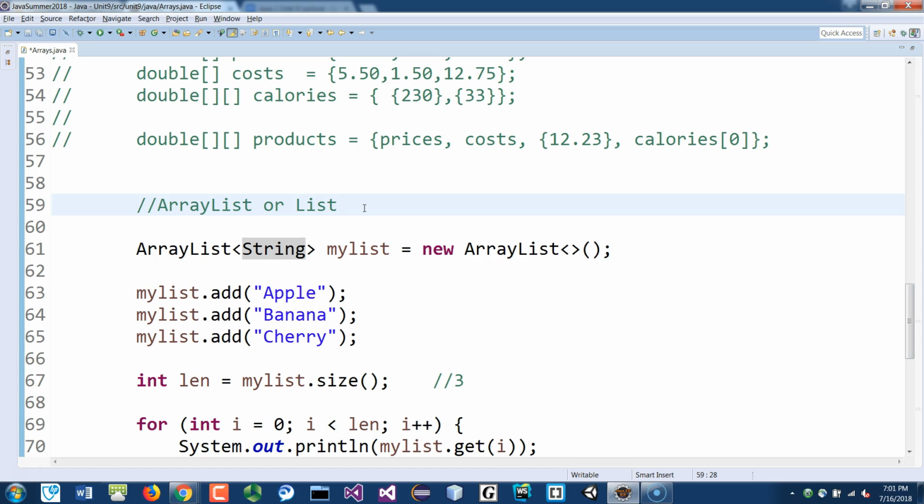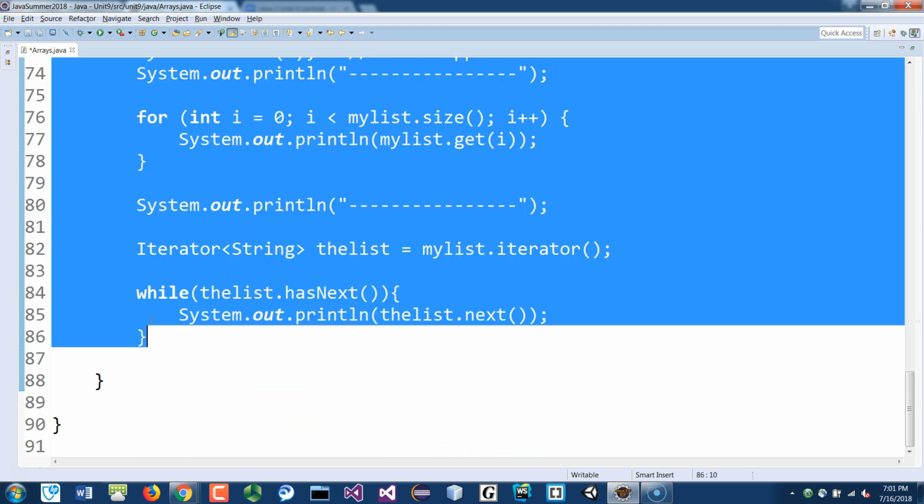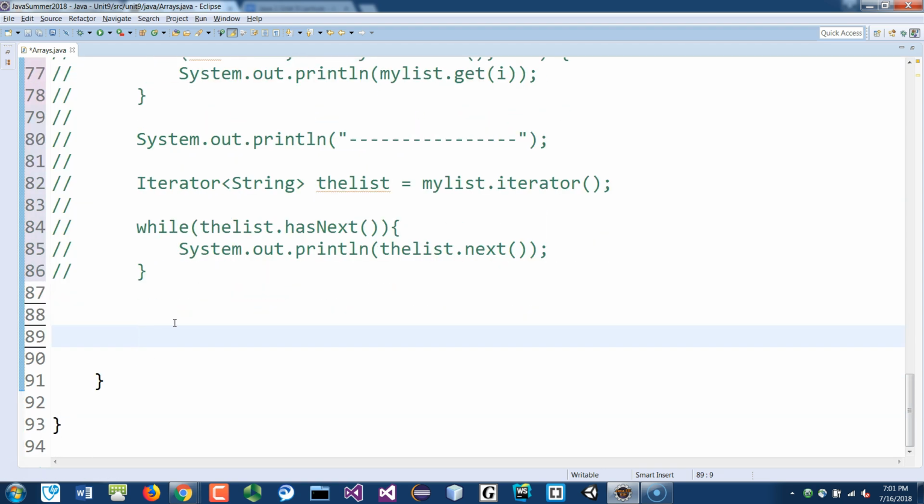We'll do one more exercise, and then I think that should be it for today. And this one should be easy. So I'm going to comment these out. And there's a lot of things you can do with arrays,